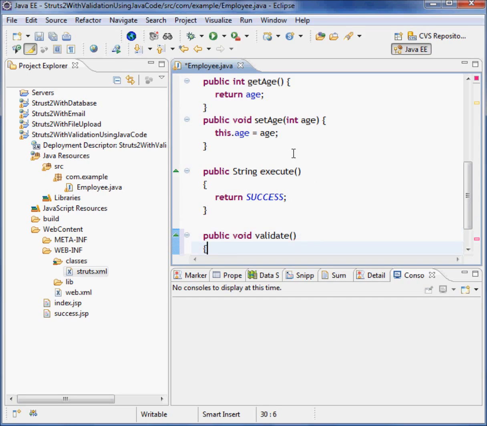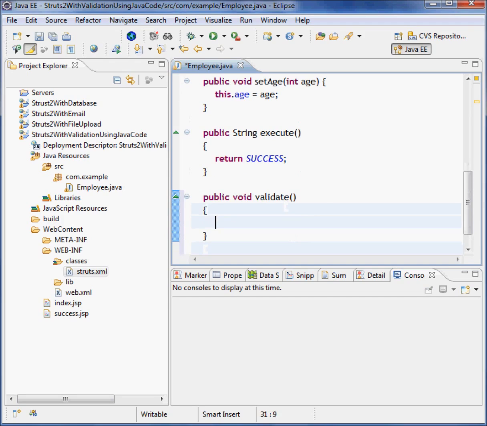Before submitting this form to the action, the validate method will be called first, and this method will check if name equal to null, it means if the user has not entered a name, or name.trim, so we are trimming the white spaces, .equals empty,